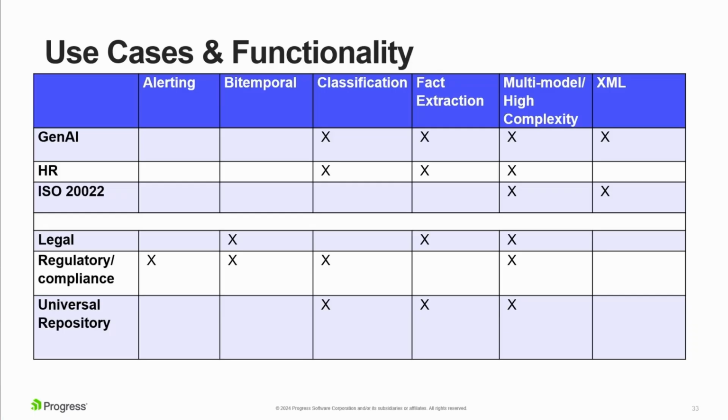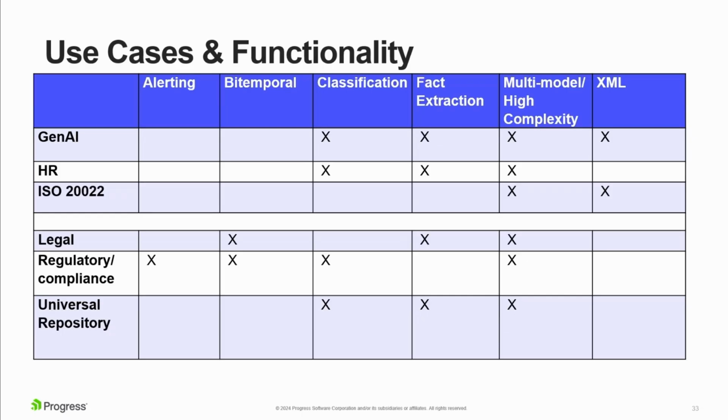But so these are some of the functionality we talked about, and the kind of technologies you might want to use. ISO 20022 is actually a stand-in for XML, because half of America's payments are now being done through ISO 20022, so it tends to get elevated a little bit. These are the technologies you need for each of these, and that gives you an idea how hard it would be to do this with other technology.